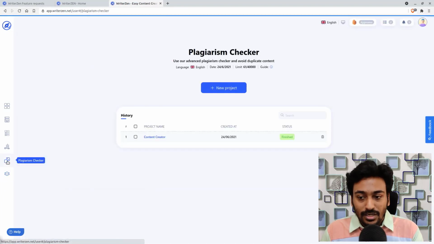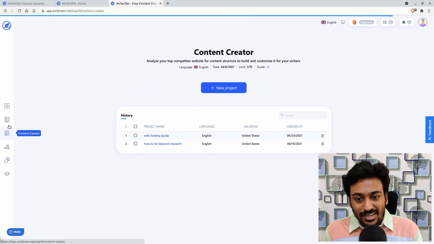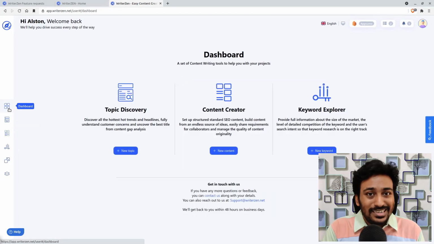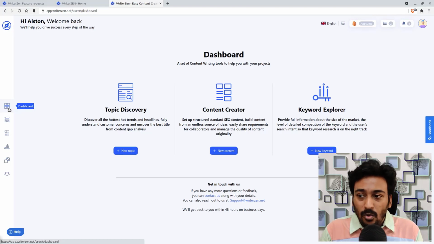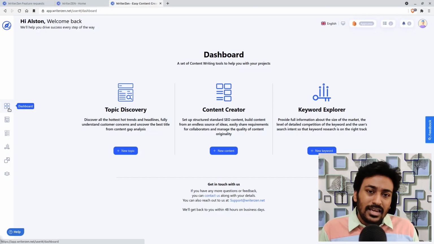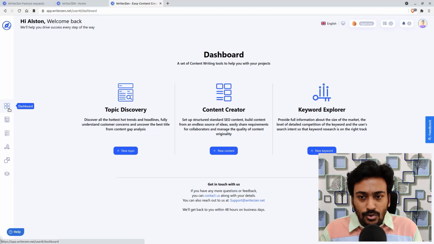I have covered the plagiarism checker, keyword explorer, content creator, topic discovery and everything. I hope this turned out to be an in-depth advanced training, and personally I really like how the tool is structured and all the different components available, and there are overlapping features if you own other tools. For me, if I own Brand Overflow, there is overlapping with topic clusteration. If I own Get Keywords, I have the option overlapping with other tools. But from a single standpoint, this tool is really good for keyword research, although it's missing some vital components